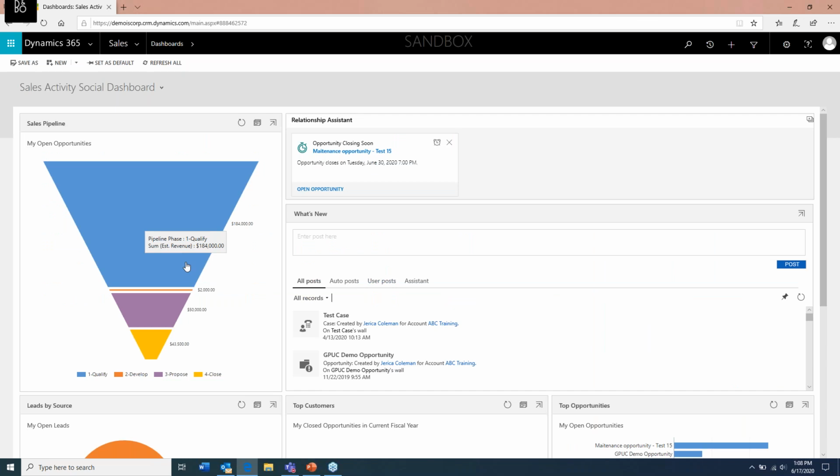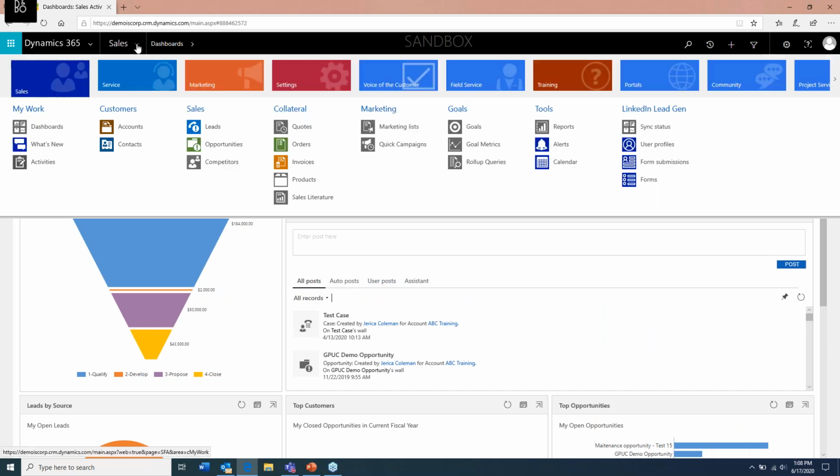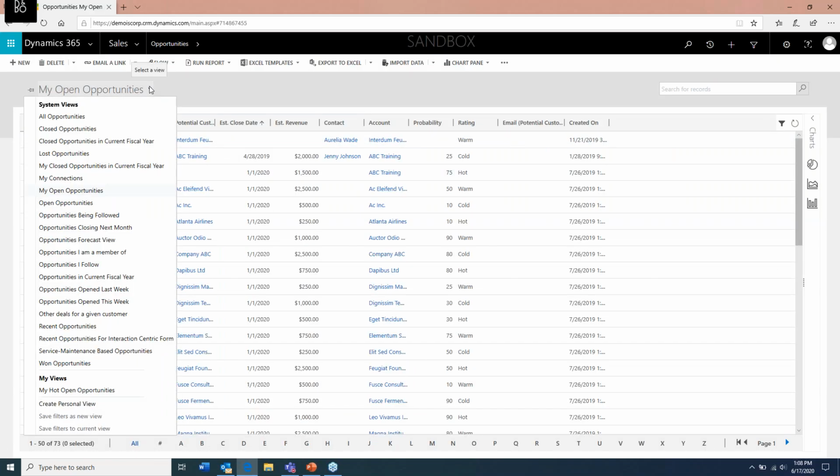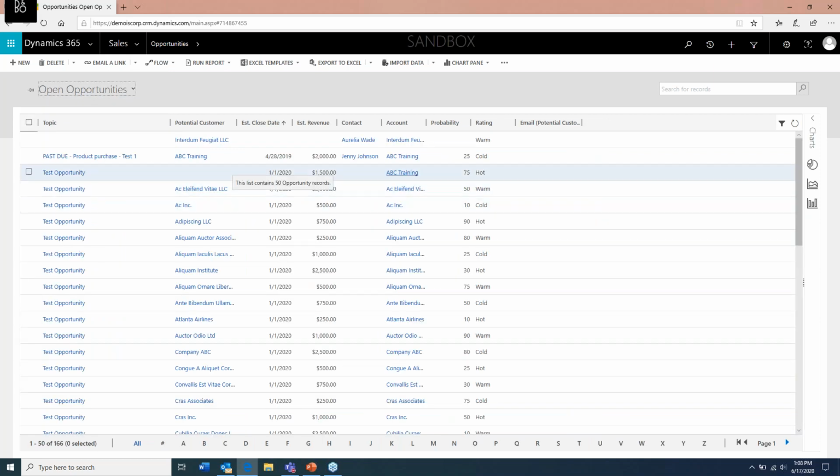So that's looking at charts on a dashboard. We're going to go next to the opportunity list. And this is going to be the same whether you're looking at accounts or cases, but we're just going to work with opportunities for today's demo. So I'm going to go to the opportunity record list, and you can see I'm going to change this view to just open opportunities. And anytime you're within a record list, the charts tab is off to the right,